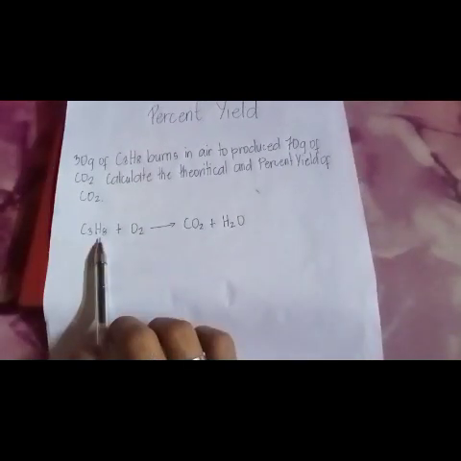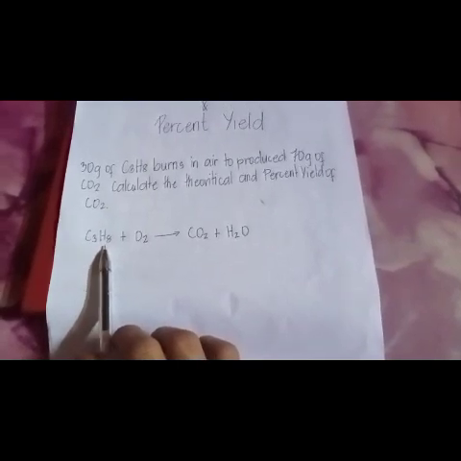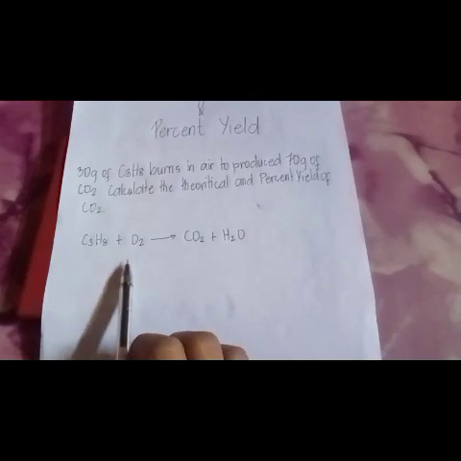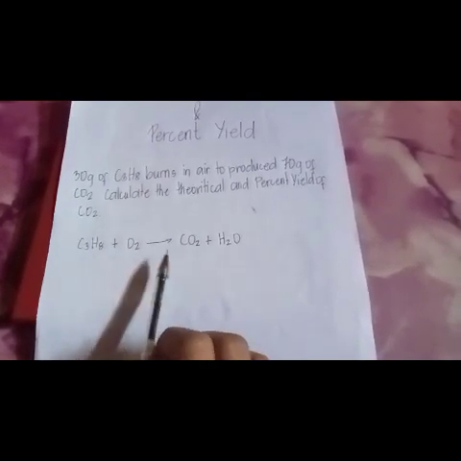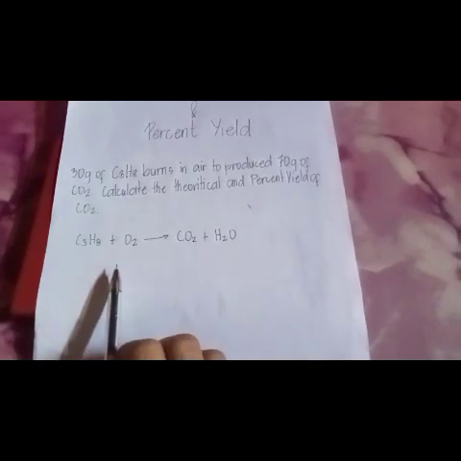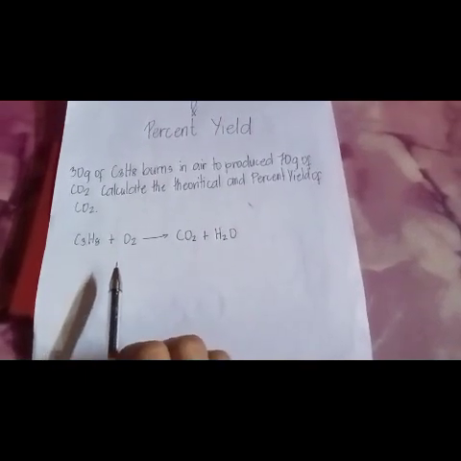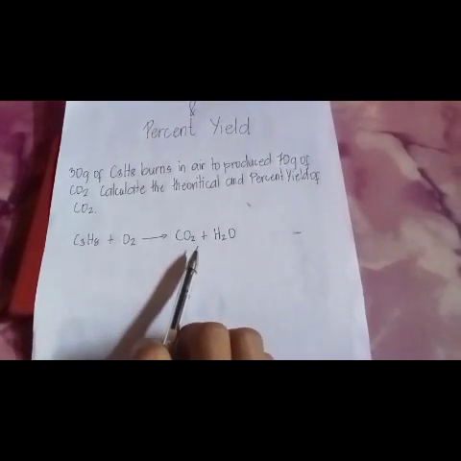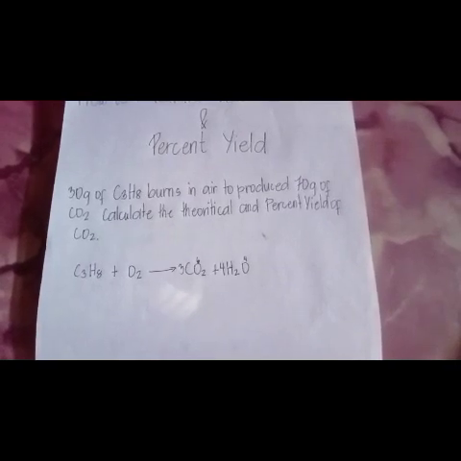So we have here C3H8, which stands for propane, and it's burning in air, so it's going to react with oxygen gas, and it's going to produce carbon dioxide, and the other product is water. The reason it's a combustion reaction is you always get CO2 and water as products. Now we've got to balance it, and whenever you want to balance a combustion reaction, you want to balance the number